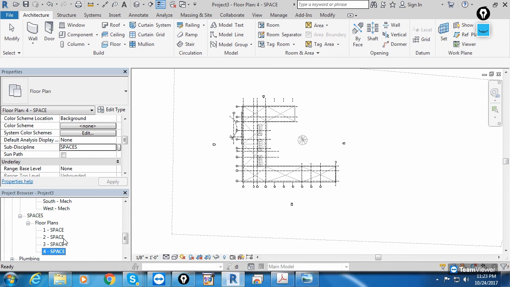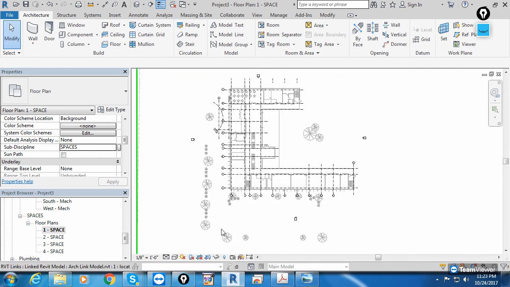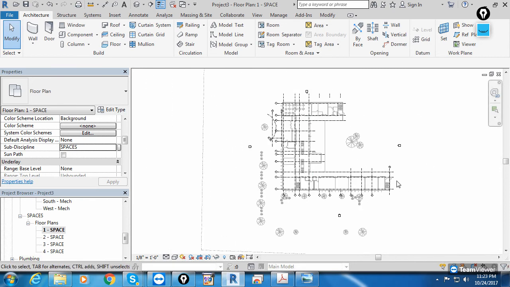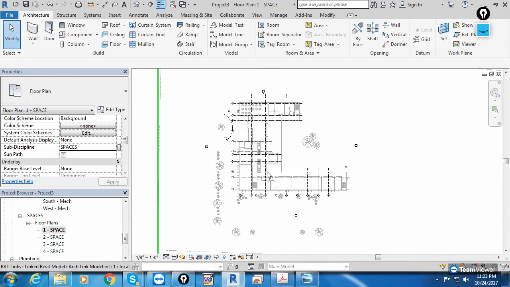After creating these views, we'll apply the view template for visibility settings to start working, right? So next step you can write, after creating the new category and copying all the required views, we'll select the views and we'll apply the view template. Why view template? To get the required visibility. For example, if I open level 1, in this you see the plants, all these trees are visible, so I don't want to see this. And you can go for VG and remove all this, or simply save the time and apply the view template.